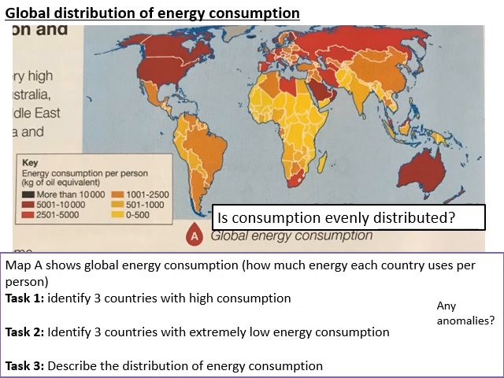When we describe in a figure, it just means say what you see, like in catchphrase. You do not need to say why. So you don't need to say why Australia has a high consumption. You just need to say that it does and what is the distribution. When we say distribution, we're talking about what is the spread. So my class, we always talk about the spread of jam on a piece of toast. Is it all in the middle? Is it mostly in the middle and a little bit at the edges? Is it evenly distributed? Have a think about using phrases like that.